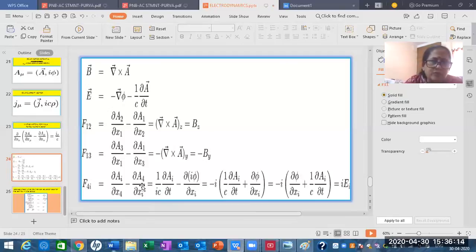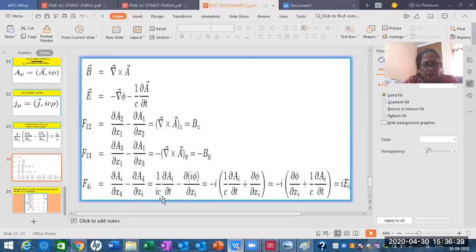Now you come to A. A is written as I phi. What is I? I is an imaginary number and phi is what? It is a scalar potential here. In yesterday's class I explained two factors. One is a scalar potential, another is a vector potential. So x is taken as the ith component.